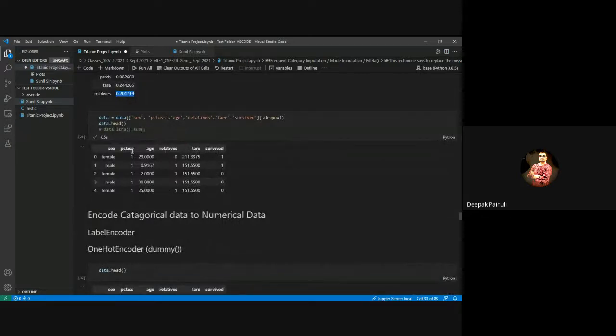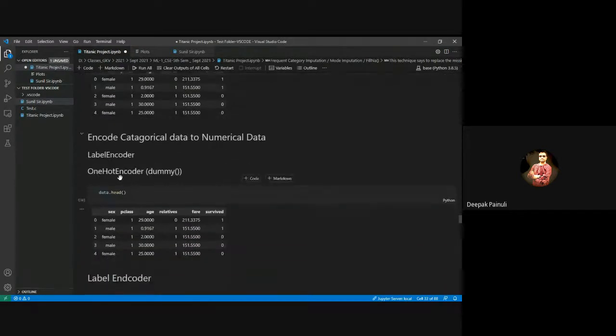Now we have this dataset where Pclass, Age, Relatives, Fare, Survived features are there. All are numerical values. Only the Sex feature has categorical values, and it's good to change those categorical values to numerical values.